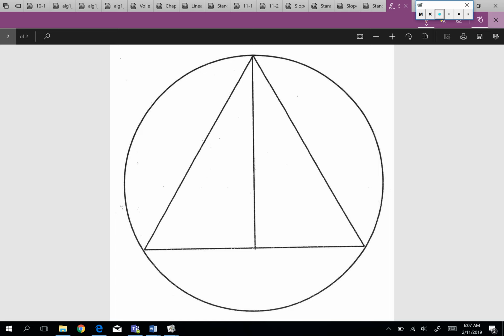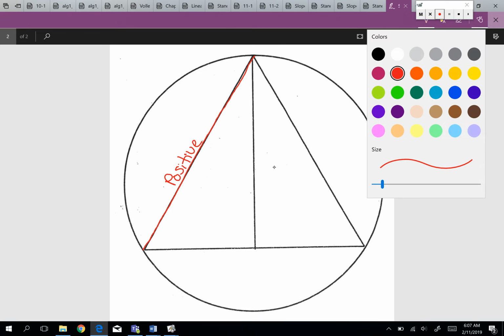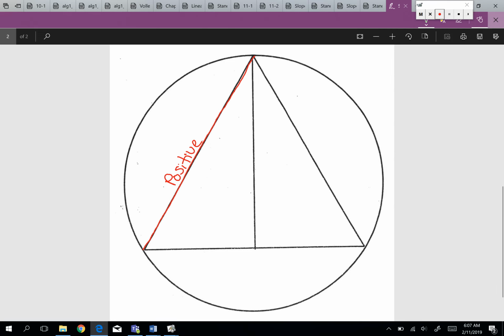So if we take a look at the line I'm highlighting in red right now, when you have a line that goes in an upward direction as you move left to right on it, that line has positive slope. So just mark that line with positive. The next type of slope we're going to look at, I'm going to go ahead and highlight that line in green as best as I can. If your line is going in a downward direction from left to right, that is going to have a negative